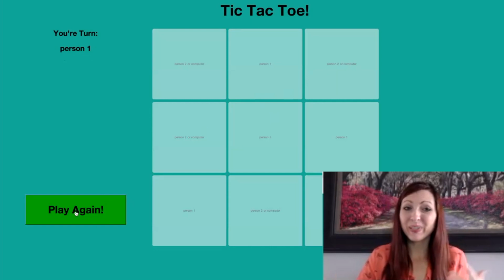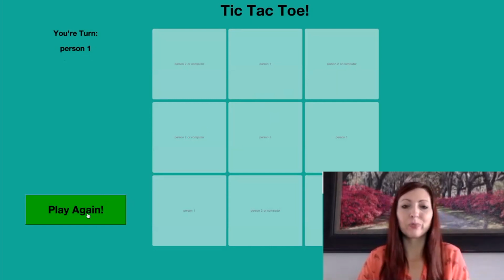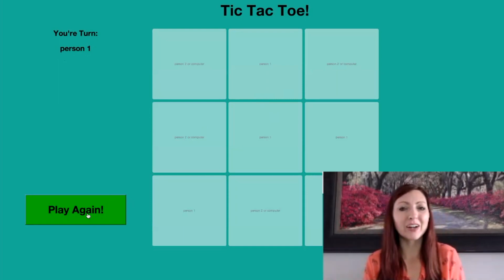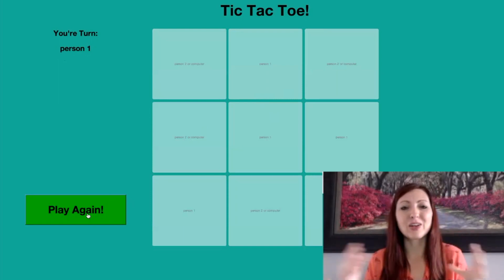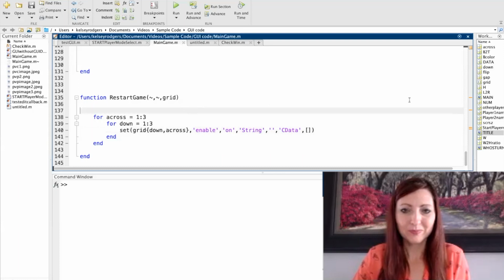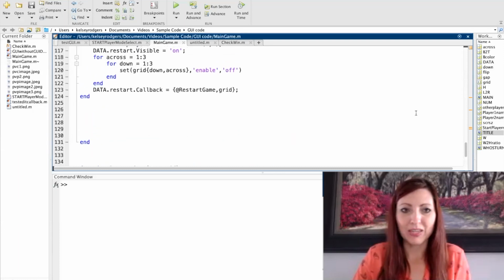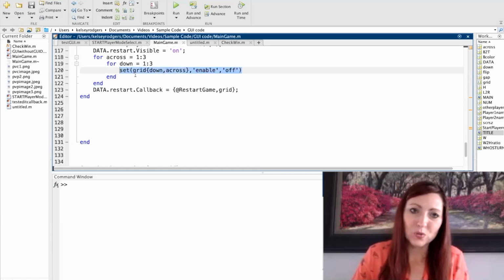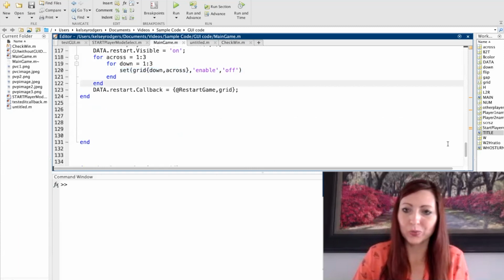And if you notice, the play again button was there the whole time we were playing, and I only want that to show up when the game is over. So there's a winner or the whole board is filled and nobody won. So let's address those two big issues. Play again, being visible, that's super easy. I can just go to